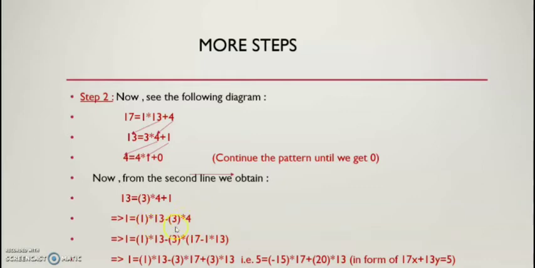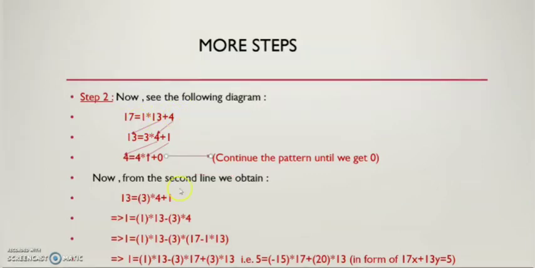In this line, we have already got 13. For the coefficient 13, I have no tension, but I have to take tension for the coefficient 17. Somehow I have to import the coefficient 17 from this 4. How can we import that? I can get it using this first line. In this first line I can replace 4 by this. Now I think it is clear to you what our intention is.